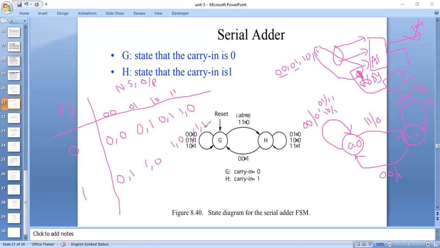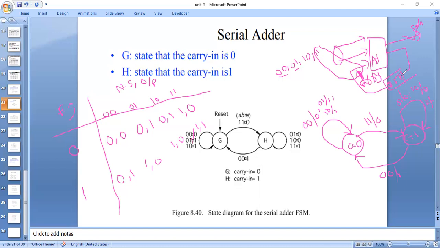And this serial adder you can construct by using a D flip-flop. Why are we using a D flip-flop? Here, whatever carry we get as output will be stored, and that same carry will be applied as input to this serial adder. So for storing purposes we use a D flip-flop. In a D flip-flop, whatever we give as input, we get the same at the output. That's why we are using a D flip-flop here.